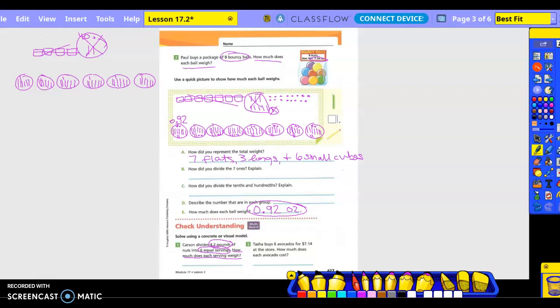Okay. So how many flats are in each circle? None. How many longs are in each circle? 7. And then do I have any small cubes? No. So what is in every one of those circles? 7 tenths. So 7 tenths of a pound. Now we're also going